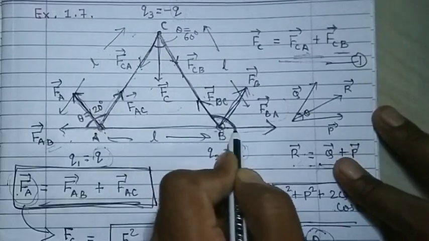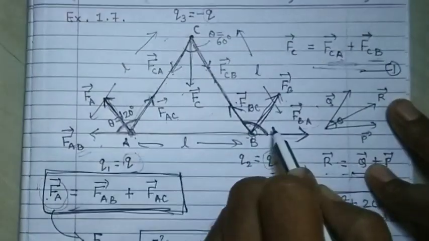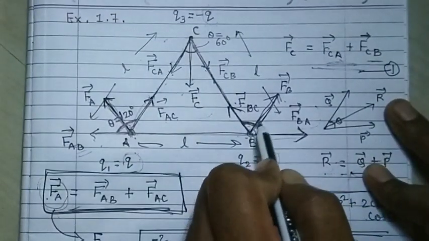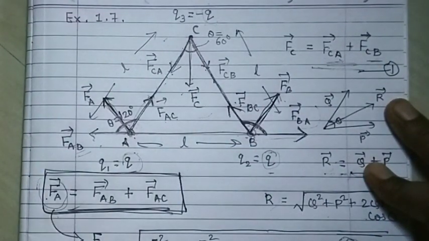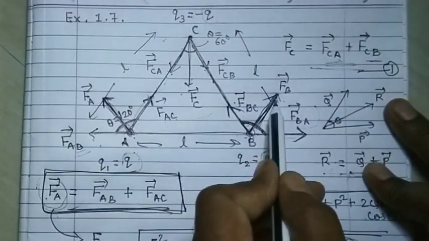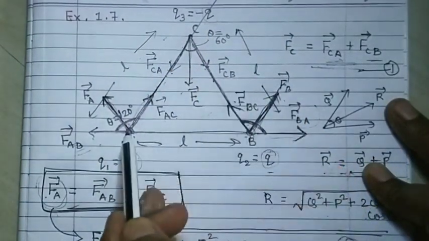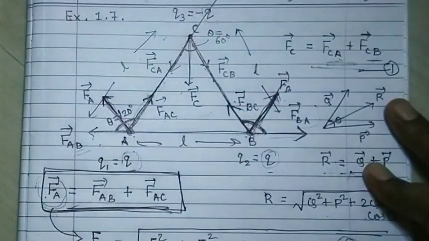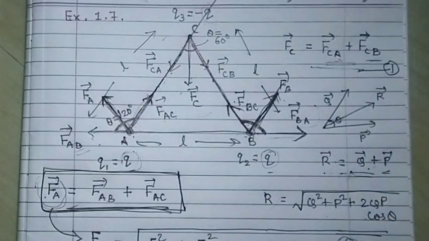Again, the angle here is 120, which was earlier we have obtained. So similarly the angle is 120, and so we can find the resultant force here also, which will be again equal to F only. But the direction here is this. So now we can say that the direction is parallel to AC. The direction of this force on B is parallel to AC. So here we complete our example number 1.7. I hope you will not have any doubt.